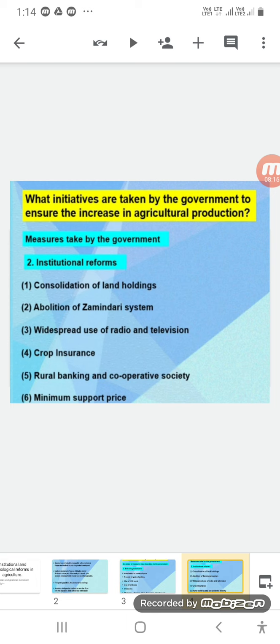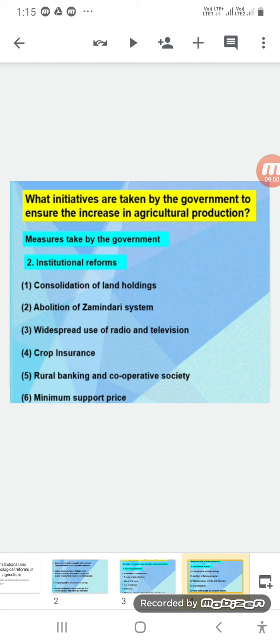Crop insurance was also given to the farmers. Various rural banking and cooperative societies were made for the farmers, so that they will get easy loans. They will be given loans, they will be given credits, so that they will work on their farms. They will have all the facilities. They will get high yielding varieties of crops. They will manage the pesticides, etc. And this will be timely help for the farmers to have major productivity from